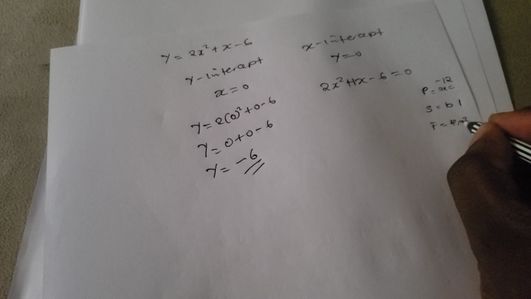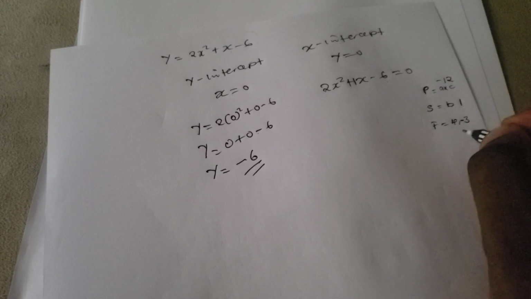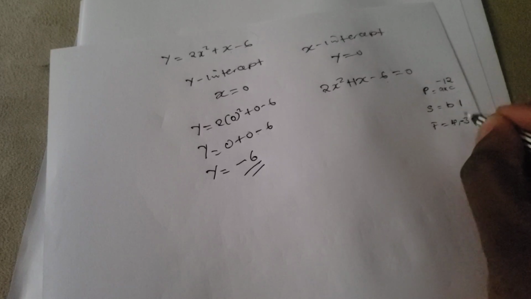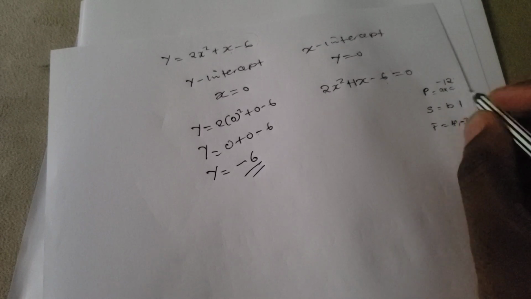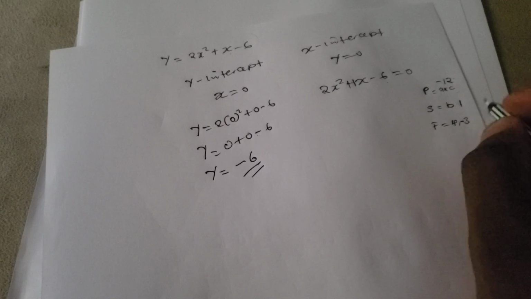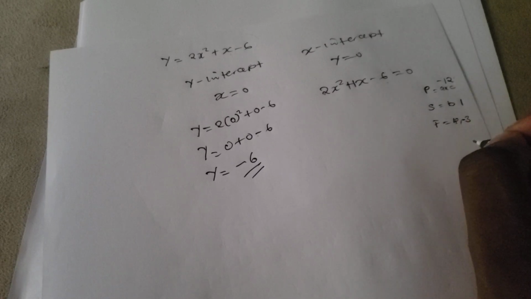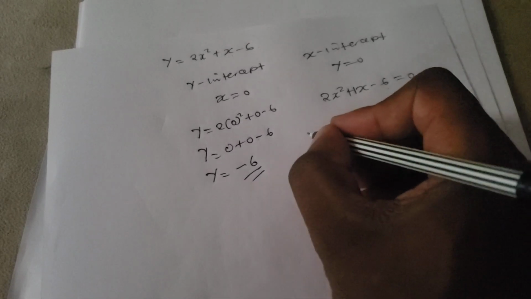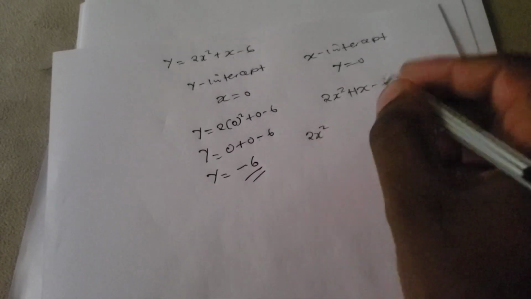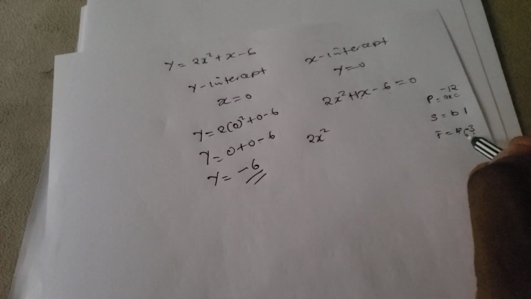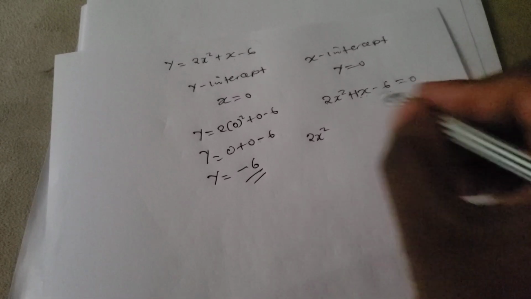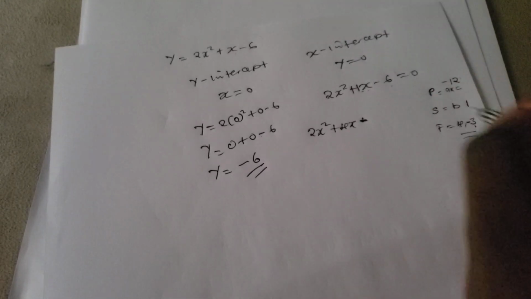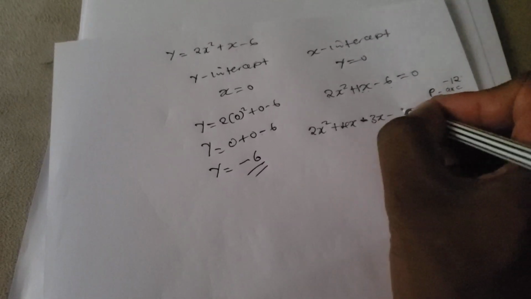I'll pick the smallest to be negative because the sum is positive. So when I say 4 times negative 3, 4 times negative 3 is negative 12. Okay? Then 4 plus negative 3 is 1. Okay? So now we have found the factors. I can come back here, say 2x squared. Where there is 1x, I will replace with the factors. I just put x, so to be plus 4x minus, because of that negative, minus 3x minus 6 equal to